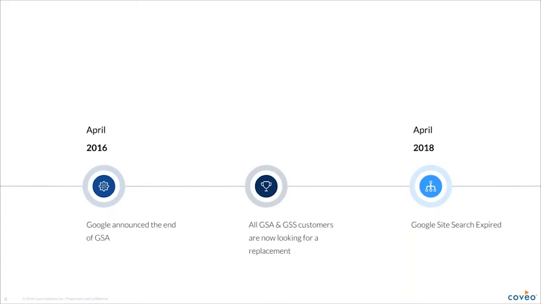We did see some customers of GSA really just using it as a very straightforward yellow box. Here's search, go and crawl my websites or my content sources, and don't worry about configuring it in any sort of custom way. But there are also on the other end, of course, and perhaps some of you fall into this as well, some GSA customers who went quite a lot further in terms of customization, tuning, reporting capabilities. They're often engaging with Google partners to do those sort of deployments, to build connectors to different kinds of data sources, and to tune relevance and so on. So there's a real range of experiences, I think, with the GSA, from very, very simple, just crawl my website, through to much more complex